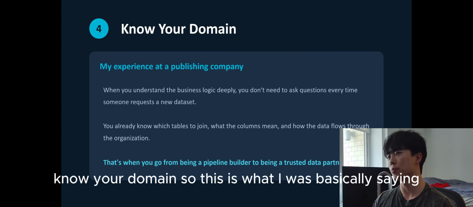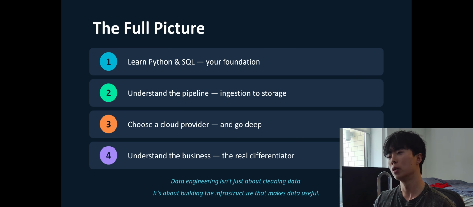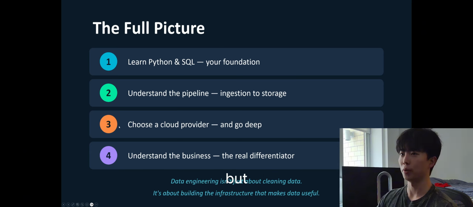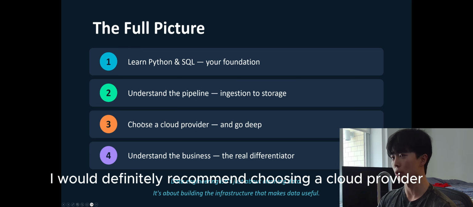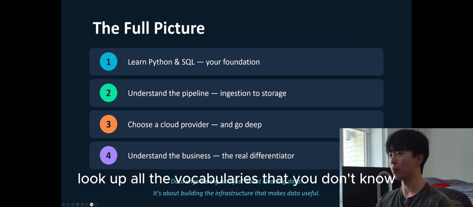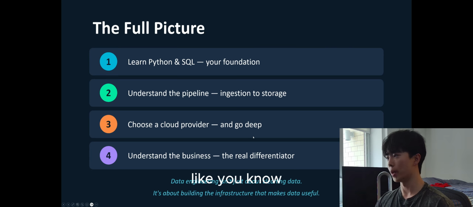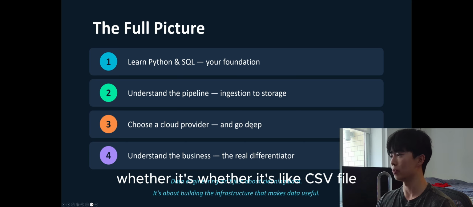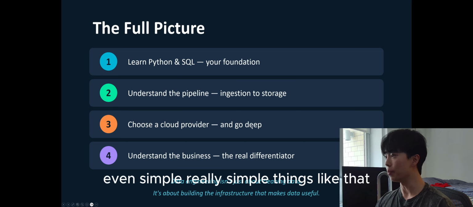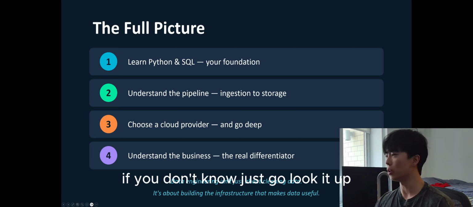So this is what I was basically saying. Now the full picture is, the order is kind of wrong, but I would definitely recommend choosing a cloud provider to learn more. Look up all the vocabulary that you don't know, whether it's a CSV file, an Excel file, even really simple things like that. If you don't know, just go look it up.